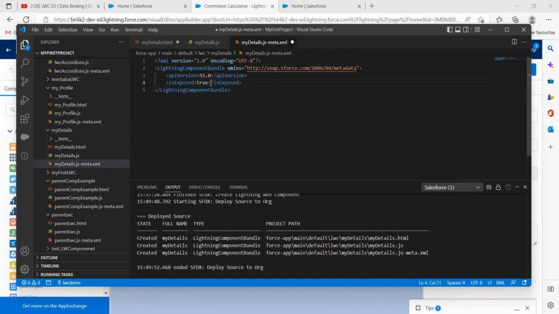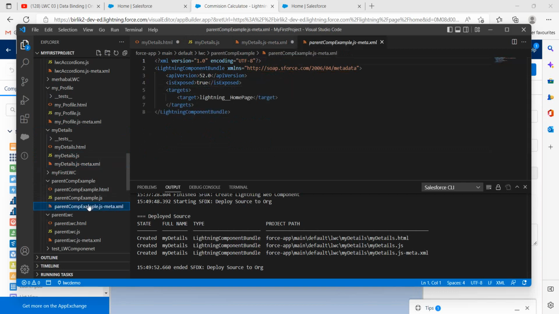True. And I can take this one from the previous one, Lightning home page. Maybe, okay, you can have Lightning home page or record page. So I will just copy this part. You need to have targets, and then